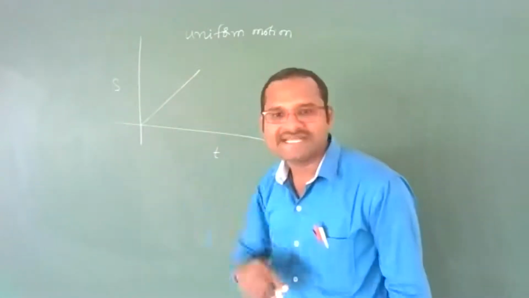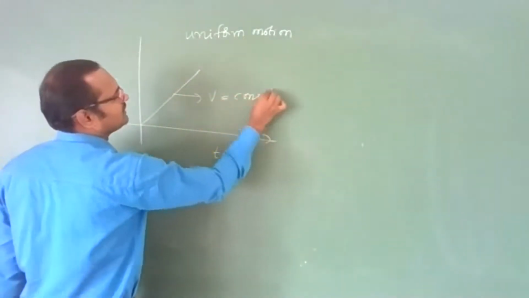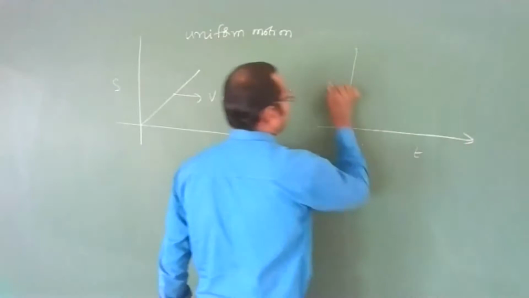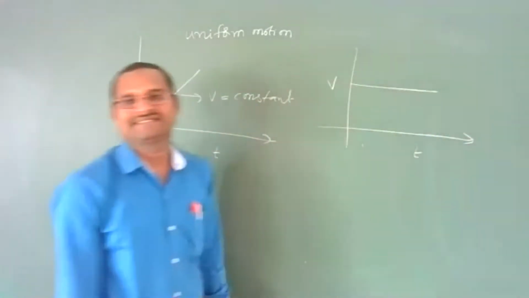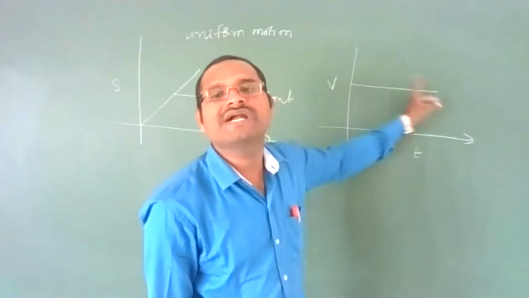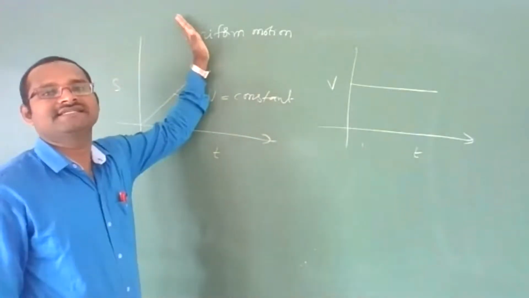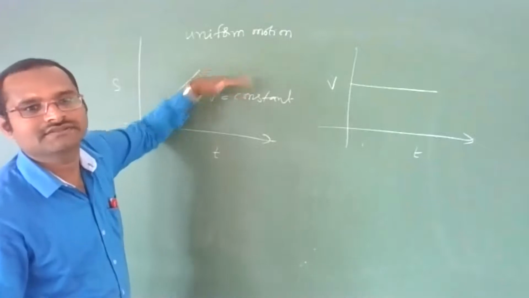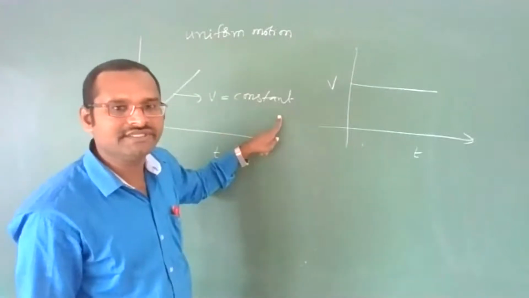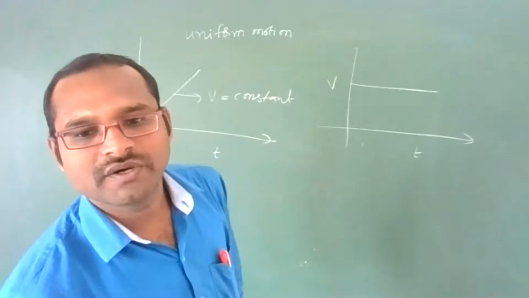Now from this graph, what will you understand? From this graph, you can say that velocity is constant. Yes or no? So velocity constant means if you draw a velocity and time graph, you should take a graph like this. Constant velocity. By changing the time, velocity should not change. Then only the graph will be like this. If velocity increases, it will be like this. Velocity decreases, it will be like this. But we want a straight line only because uniform motion means velocity should be constant. Velocity constant means this should be the graph. Got it?